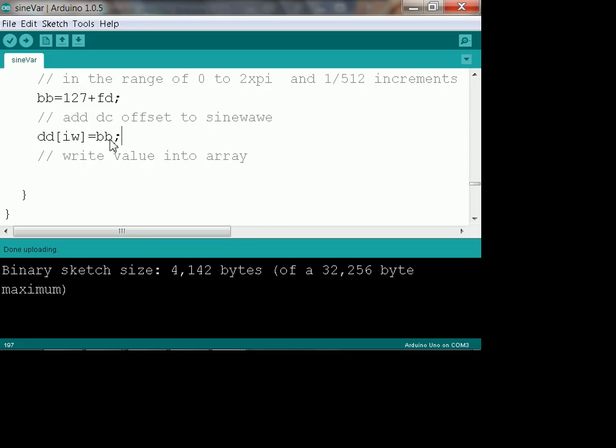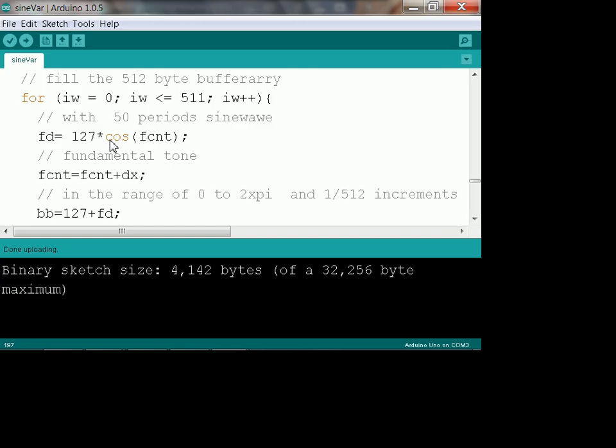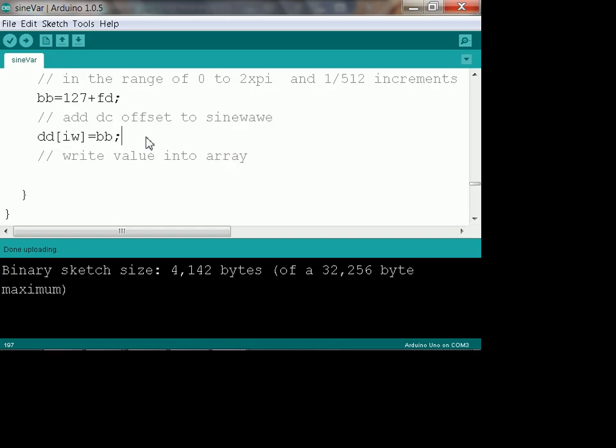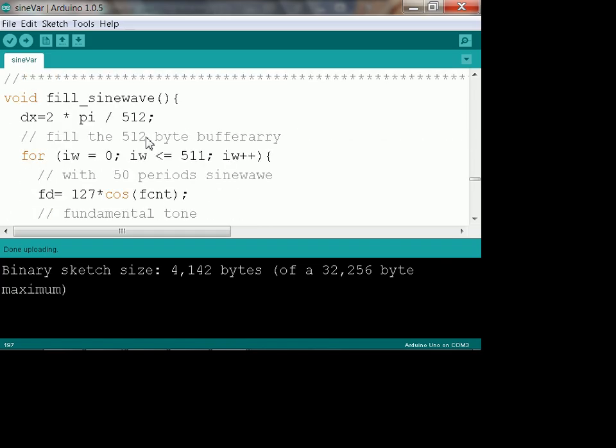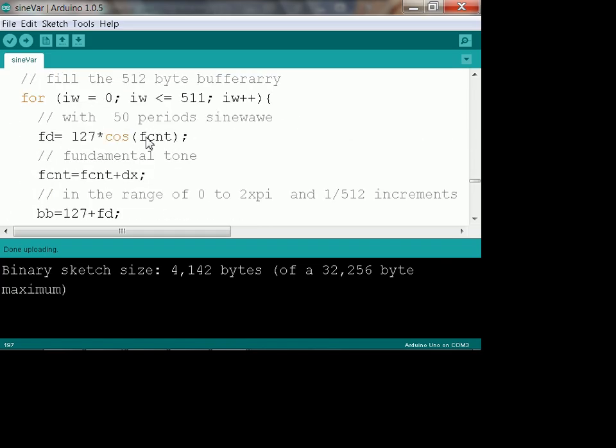Of IW. What's IW? IW is the index of the waveform. BB, where's BB being set? Oh, right here. BB is FD plus 127. Cosine, that should probably go from